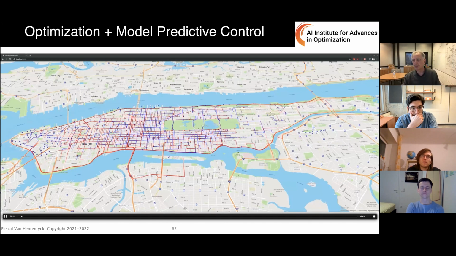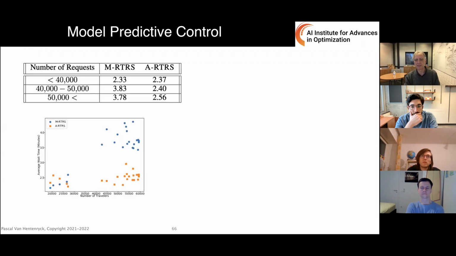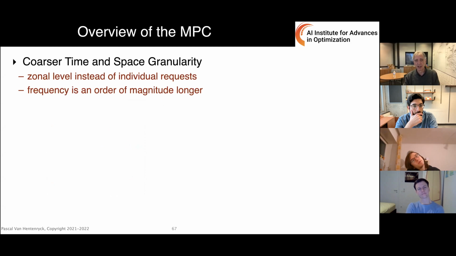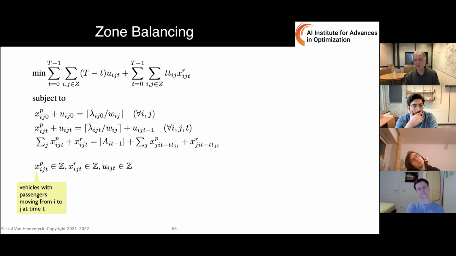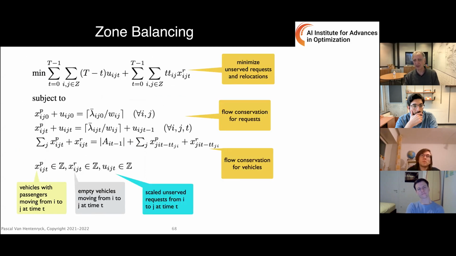That's what the relocation algorithm is going to do: look at all the idle vehicles and then relocate them to a place where the demand is located. You can see now that these vehicles are relocated to the center of the city here. And so when you do that, you have essentially a 30% improvement in waiting time, which is kind of nice in this application as well. So I'm going to go very fast on the way we do that, but this is a very complex MIP,